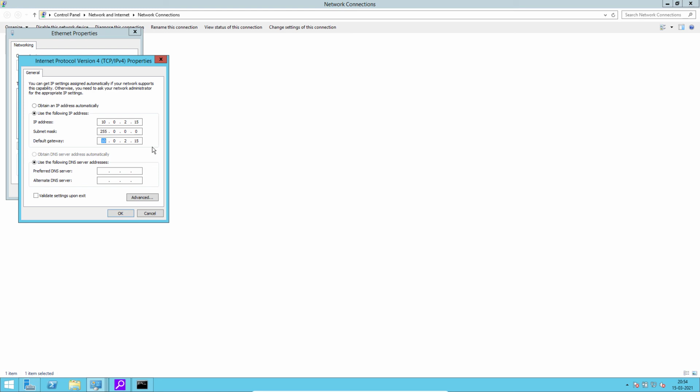Okay, this is my laptop. I have installed virtual machine. In that virtual machine, I have installed server 2012 R2 server operating system. In upcoming video, I am also going to show you how to install Windows 10 or Windows 7 machine within this virtual box. Okay, so the default gateway also you have to give this, because we are not using any router.